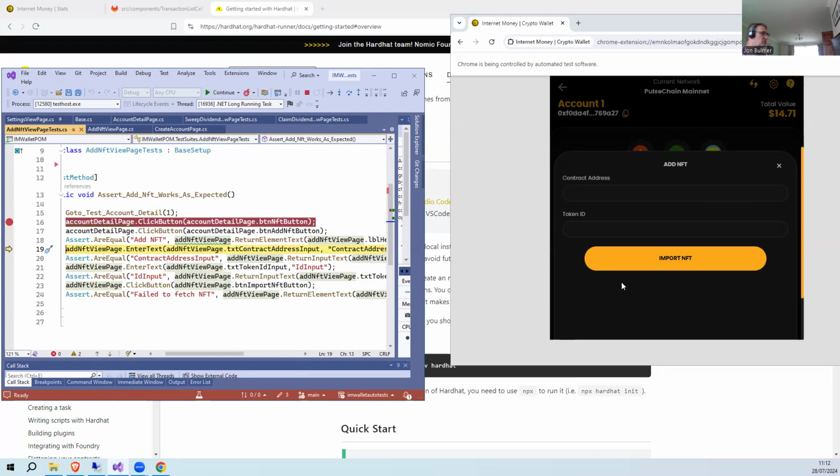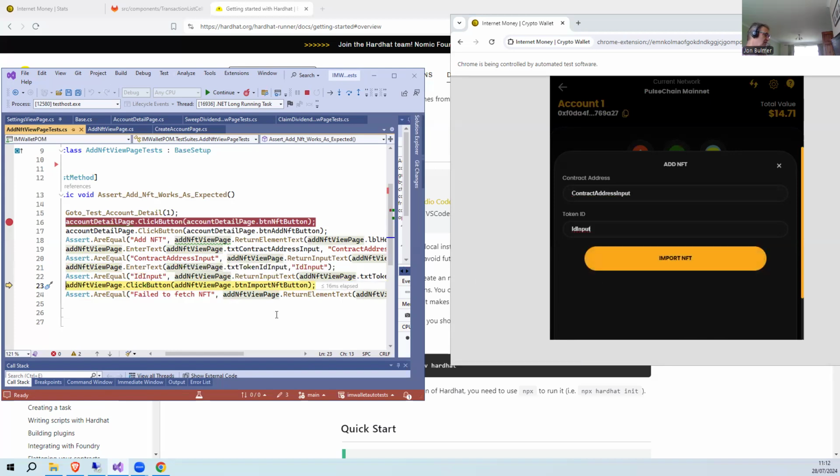And we're going to start entering some text in here. We're only going to enter the same text. If I hit that button, it enters that text, and then we return and check to see that it did actually enter that text. It did. We're going to enter some text in here, that enters that text, and we check to see that it is the same text. Now we're going to hit the import NFT button.